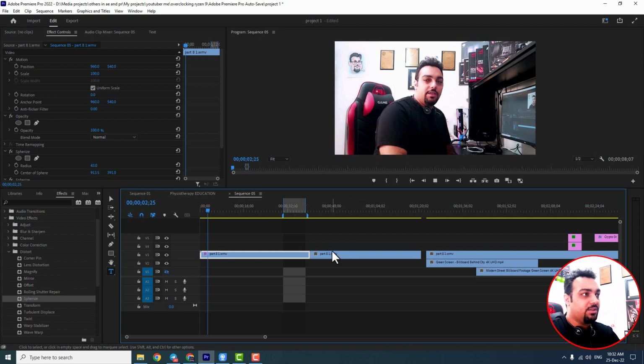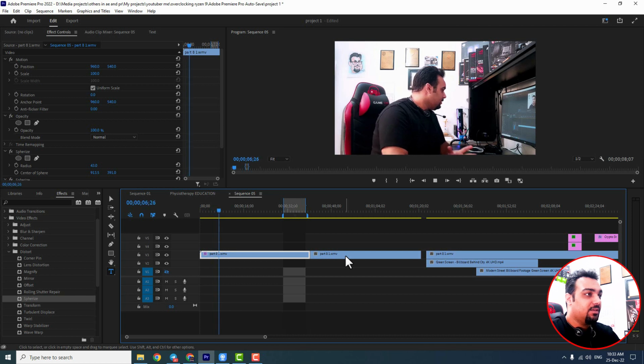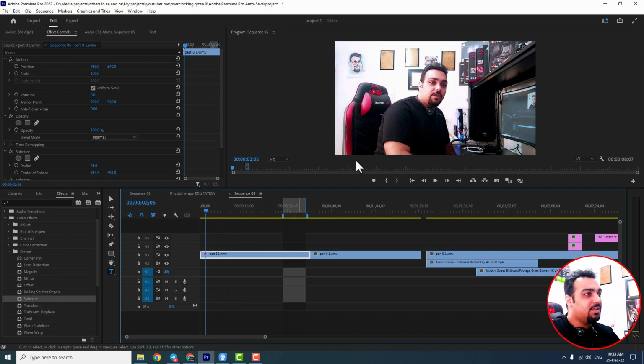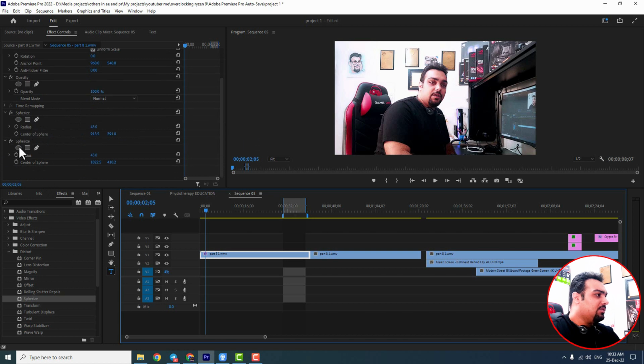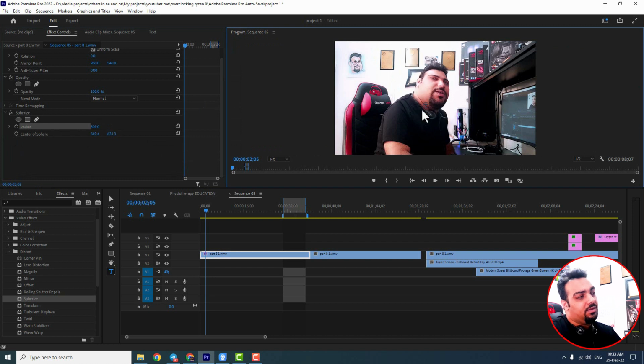Because if I normally do that, as you can see, the spheres are staying where they are and they do not move based on my movement. So as you can see, nothing happens there. So little by little, when I play the clip, I can add keyframes for these spheres, and I can let them stay on the eye while it goes forward. So if I go back again, as you can see, something like this happens to the eye. You can even make your radius bigger. If I delete one of them, you can make this one bigger,